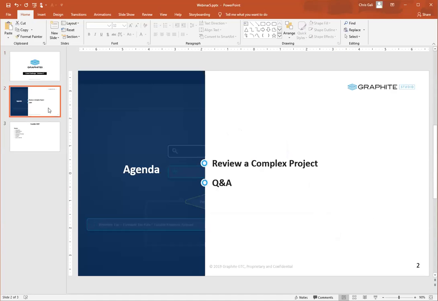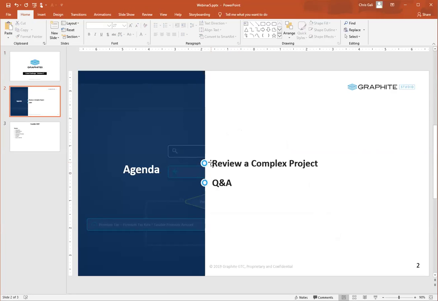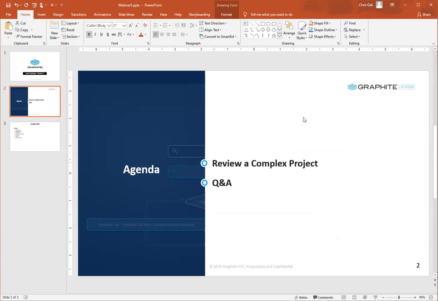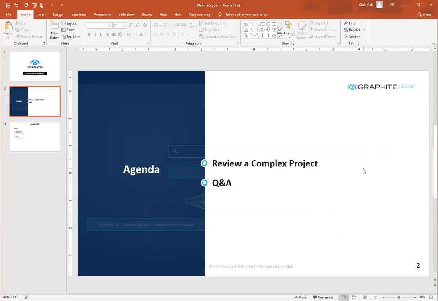What we're going to look at today is we're going to review a complex project. In the last webinar, I started looking at it. There were some issues because I had manually updated some files. And so that's one thing to remember. If you manually update files, which only advanced users will usually do, and if something is wrong, Graphite will either crash or give you an error. So I just wanted to mention that, and I had done that, and that's why we couldn't do unit tests